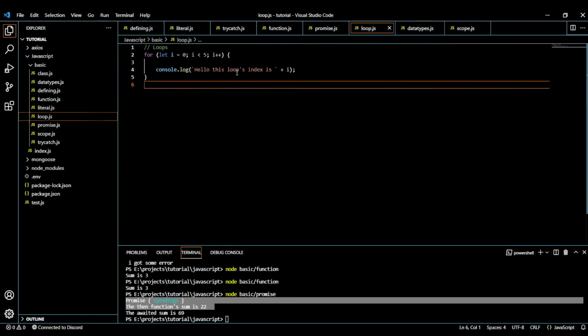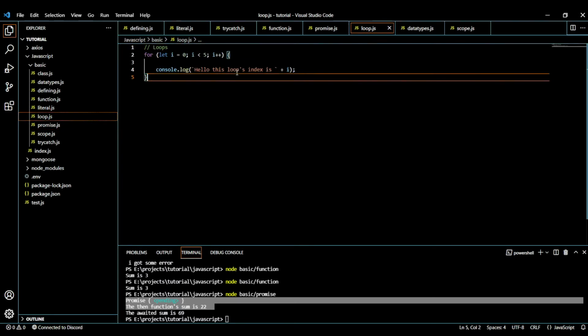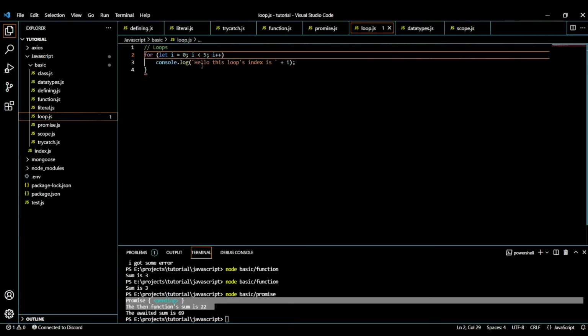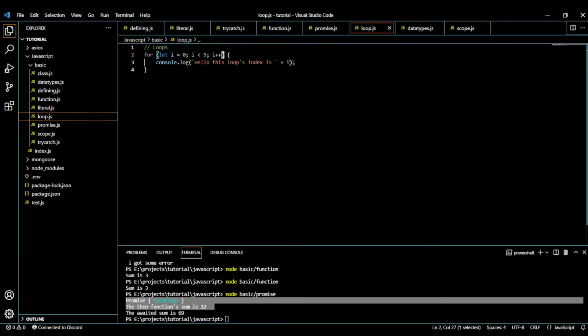So what are loops? So guys, in JavaScript we can loop. Well, a loop is like moving in a circle. It is like just doing something again and again according to these things. So in the first part we just define a variable. It is not important, we can just make it empty too. And then in the second part we set a condition: if this condition is true, do all of this, and then after doing this, do this.